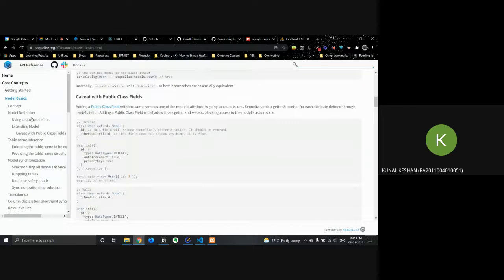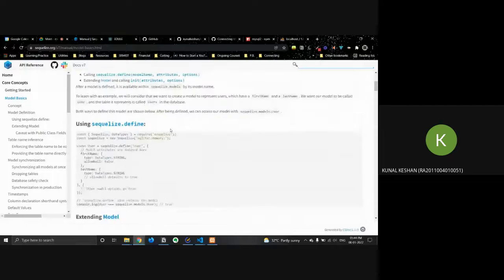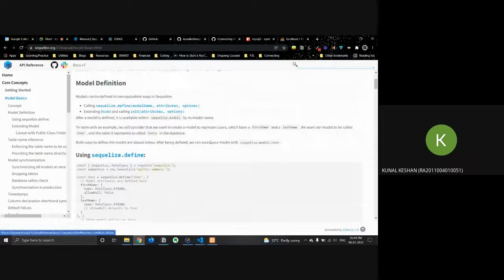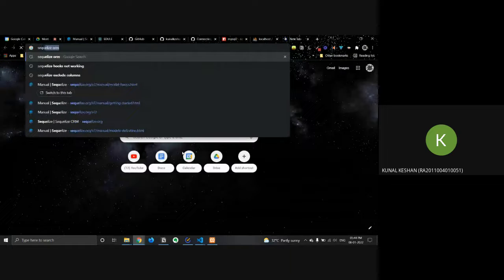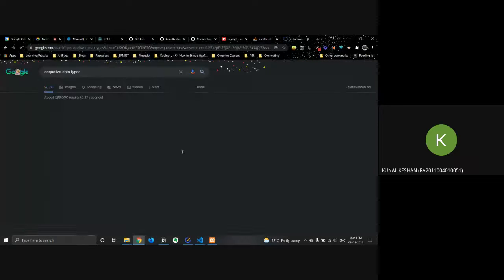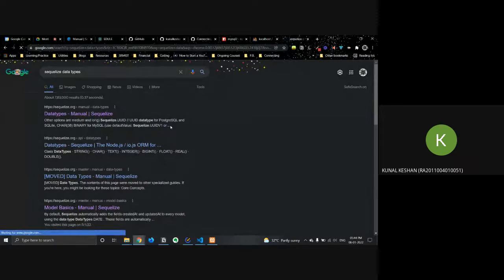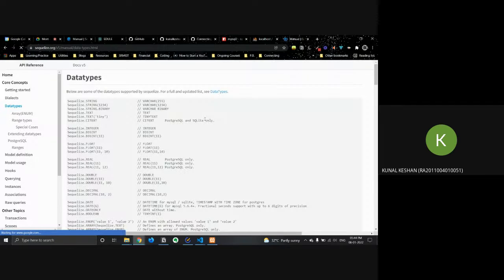If I come to the documentation and go to data types, you can see the SQL types here. Yeah, STRING means varchar, by default 255 characters. You can even specify how long you want it to be.